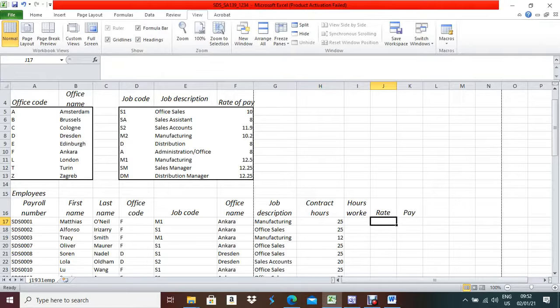Definitely VLOOKUP. What will be my lookup value? My lookup value will be job code, because this field is similar to the data field from where we are going to collect the data. So table array should be up to 3 columns, and it should be an absolute cell reference with F4. Column index is 3 because my value belongs to the third column, and range lookup will be 0. Now this is the rate of pay. Done. Now the next part of this question,